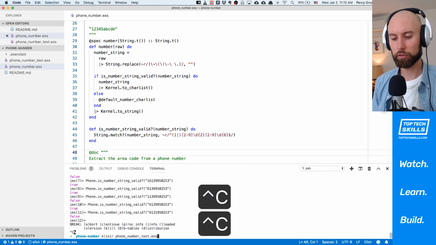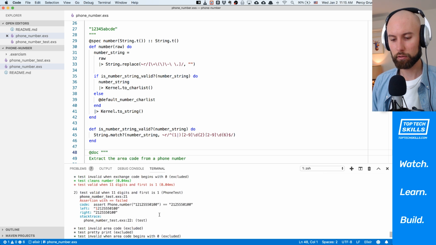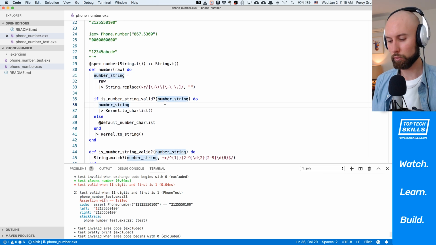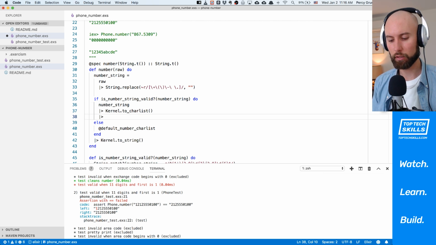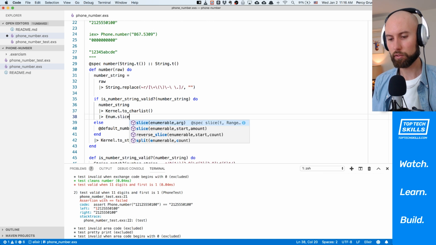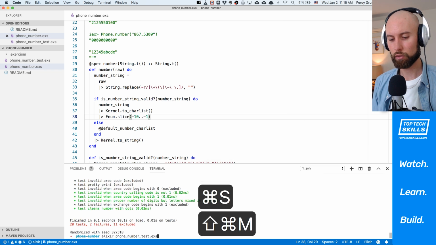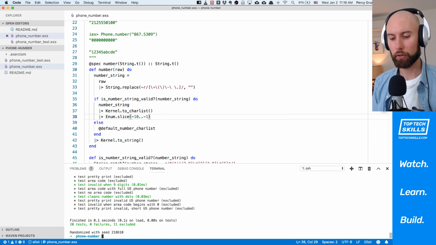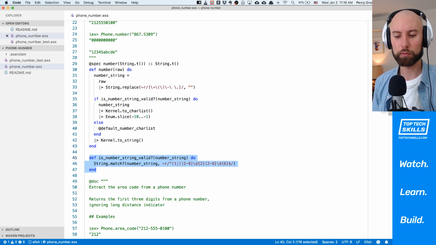So actually, if we do that and we go out, we should still have passing tests. Let's see which ones we've failed. That's because we haven't stripped. So what we want to do is get our enum.slice back. That's because we still have the enum.slice, and what we want is -10 to -1. Let's try that again with the tests. Okay, and now all our tests are passing, and we've cleaned up our code significantly